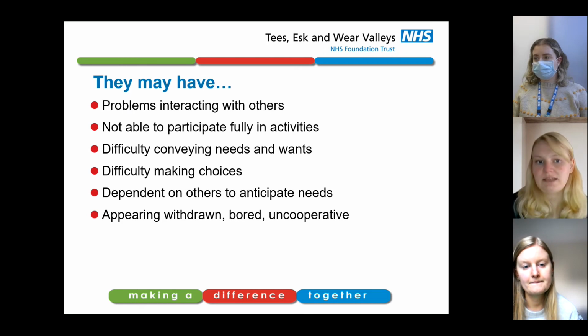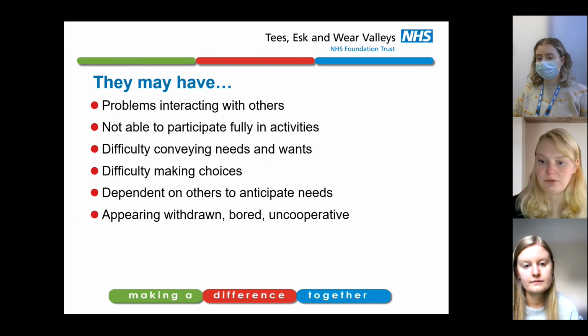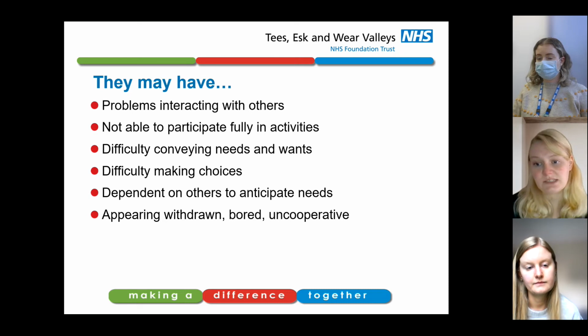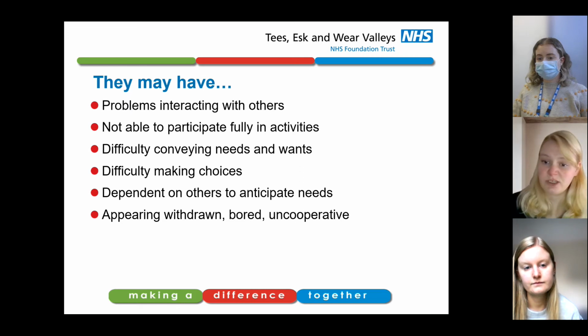I might become dependent on other people anticipating my needs. So, going back to the examples of if I need the toilet or if I'm hungry, if I'm struggling to express that to you, I might become dependent on my carers to anticipate it and just give me a drink every hour or so, which reduces my independence and reduces my opportunity to communicate in the means, reasons, opportunity model that Alana said.